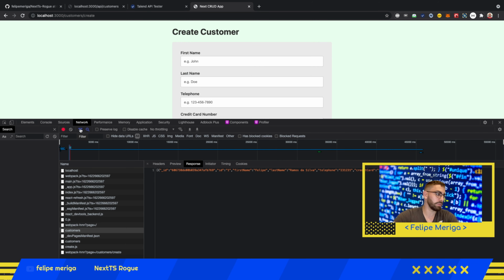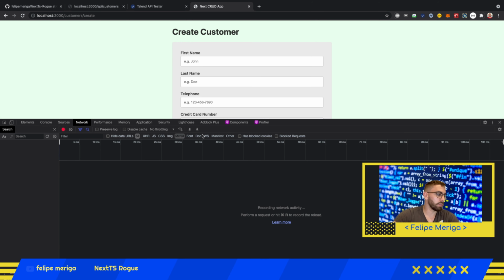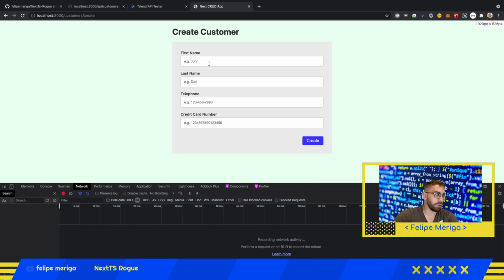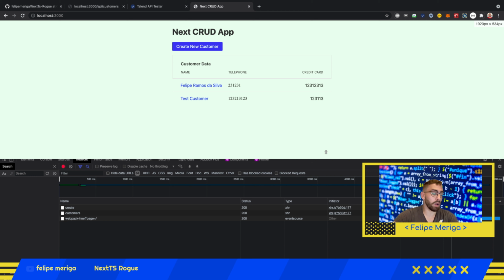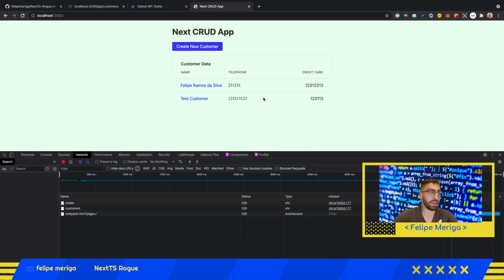So now we have this ready, and as we created a post too, we can test directly in the application. I'm just going to fill this in, and this will be test customer. I will put anything here just to test the API and do a create. And now everything's okay because it created and also sent us to the home page, and also reloaded again, did another query for getting all the new users that have been queried,